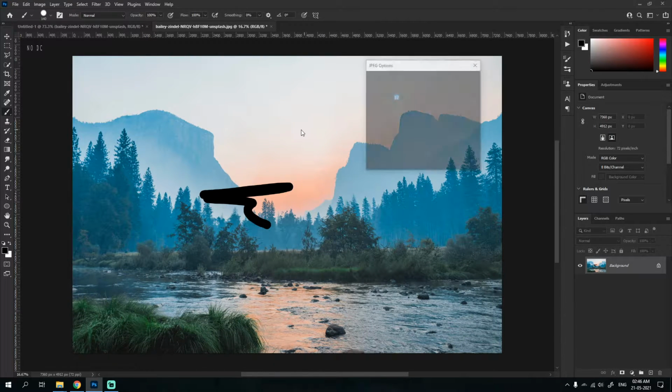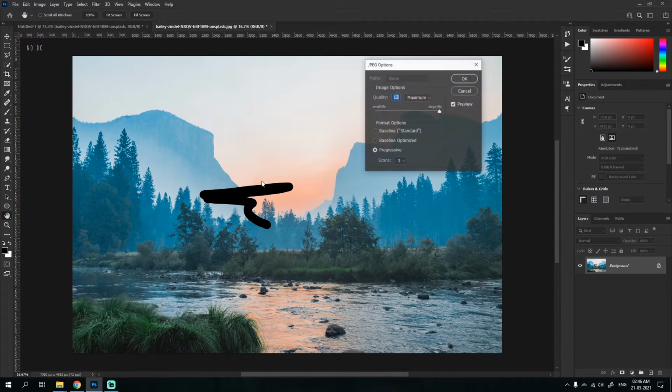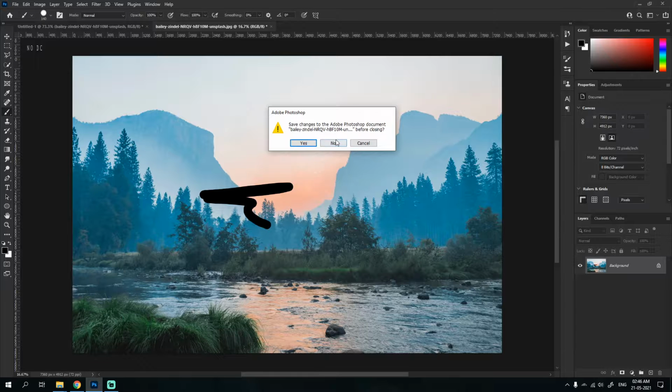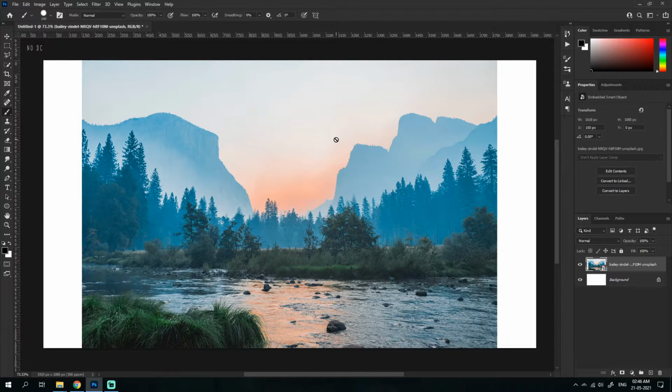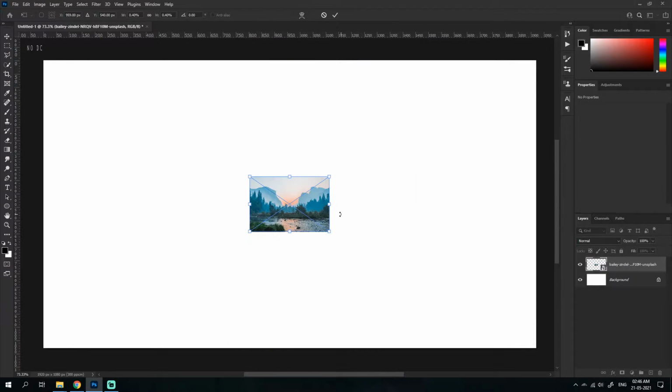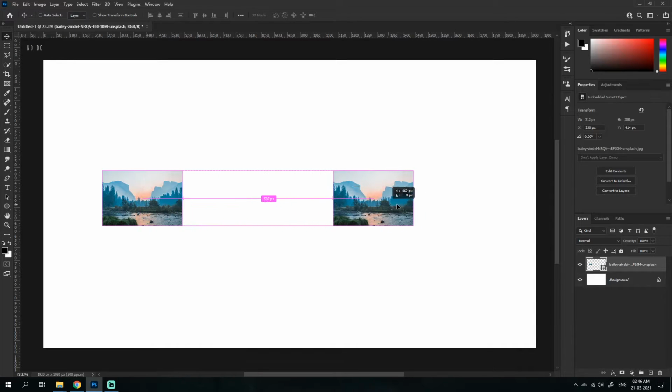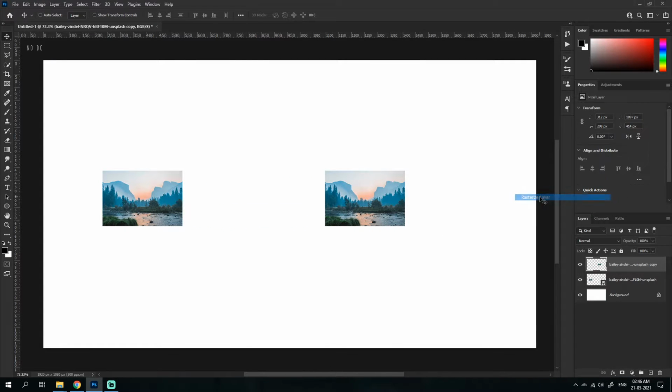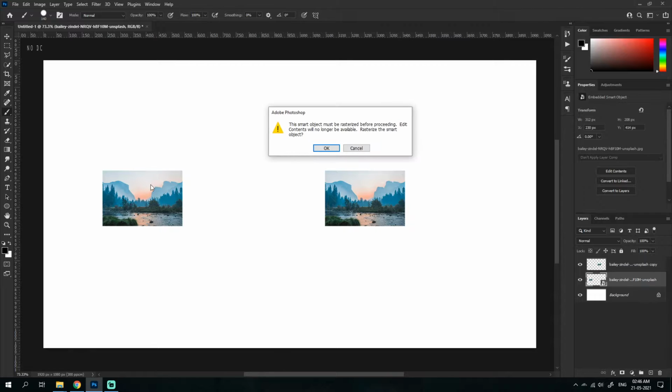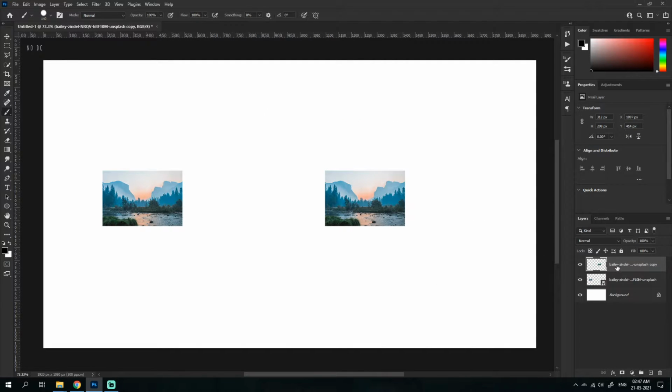Even though I cannot save it the way I want it, you see, it gives me this option. So what I like to do is, and let me just explain smart objects at first. Now let's see this image. Let me just scale it down, create a duplicate. I hold left alt. You can see this changes to this icon, and then I can drag it. I'm gonna click rasterize layer. This way, it is not a smart object anymore, and you could use more of these options, what you call the brush tools and all.